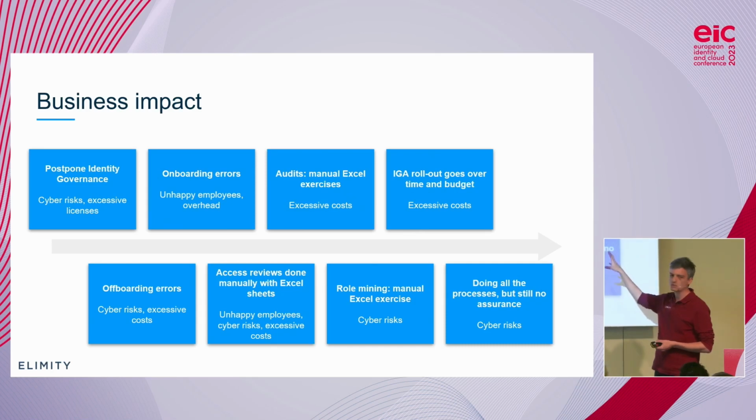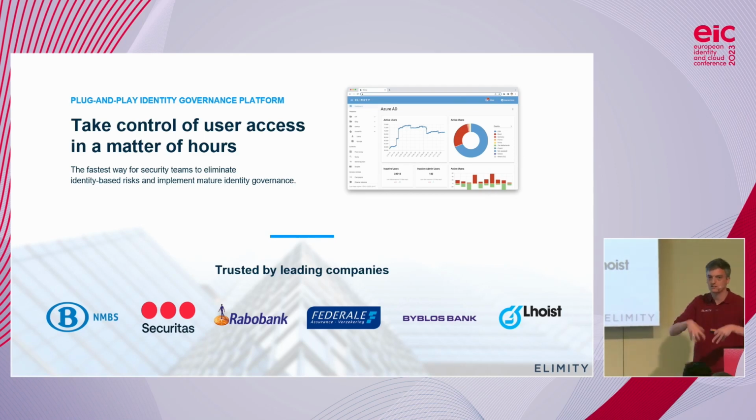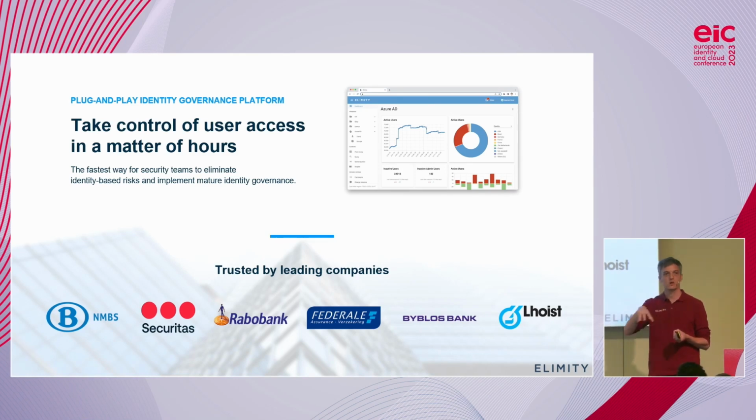And so that's one of the reasons that we started Elimity. We want to help here. And so we take a different approach, try to minimize the effort and help you take control of user access in a matter of hours. And it really means that at least you should have visibility of your as-is situation. The approach that we advocate will not give you the same functionality as a complete IGA rollout, but at least have visibility of who can currently do what, let your IT team understand that and maybe include line manager application owners in access reviews, clean that up and monitor that over time.